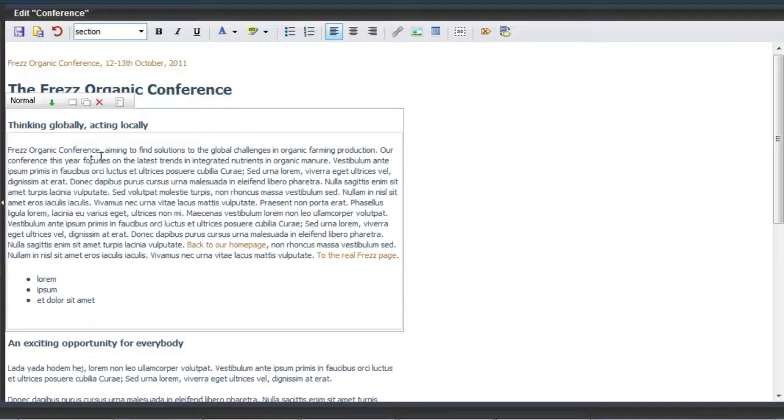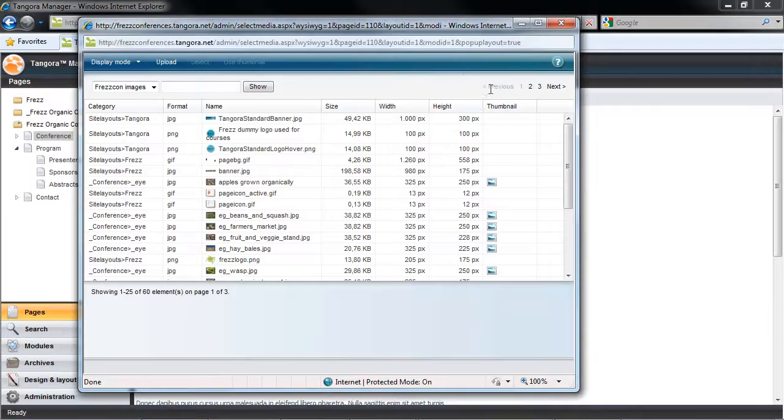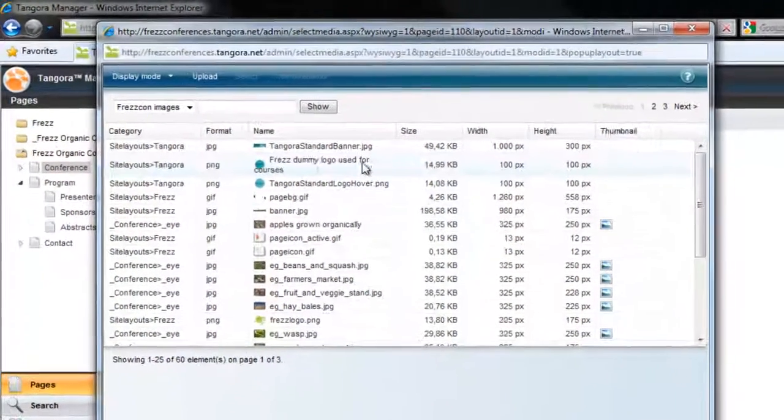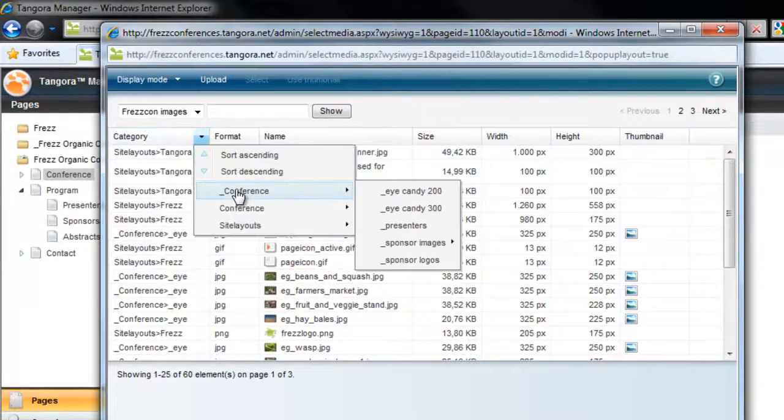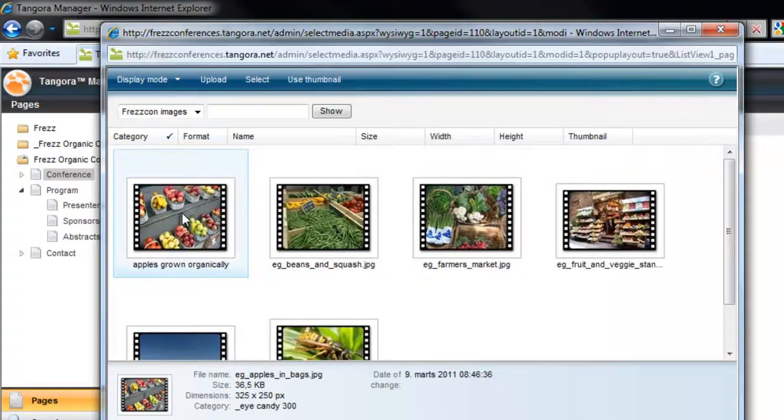And now I'll click on the icon up here at the top, and we can see that we get a pop-up window with the interface of my central image archive. I can then find an image using Smart View filtering and perhaps change my display mode, and then when I've found the image that I'd like to insert, I could either double-click on the image or choose Select.